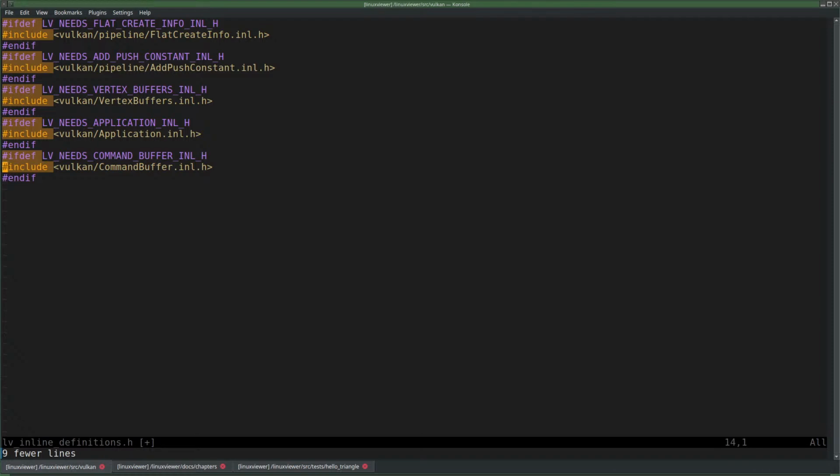But now if you include this again, then I don't think I want to include it again as well here. I mean, you only want to include every inline header once.